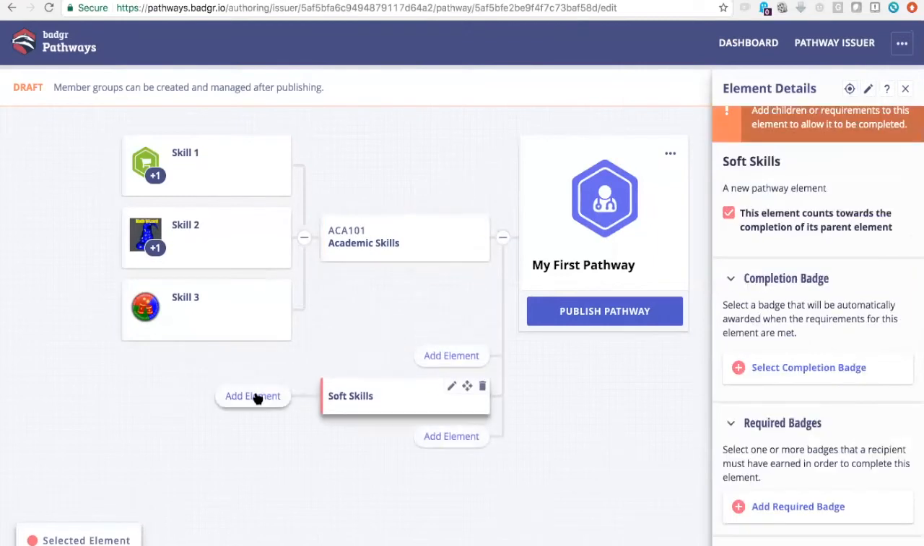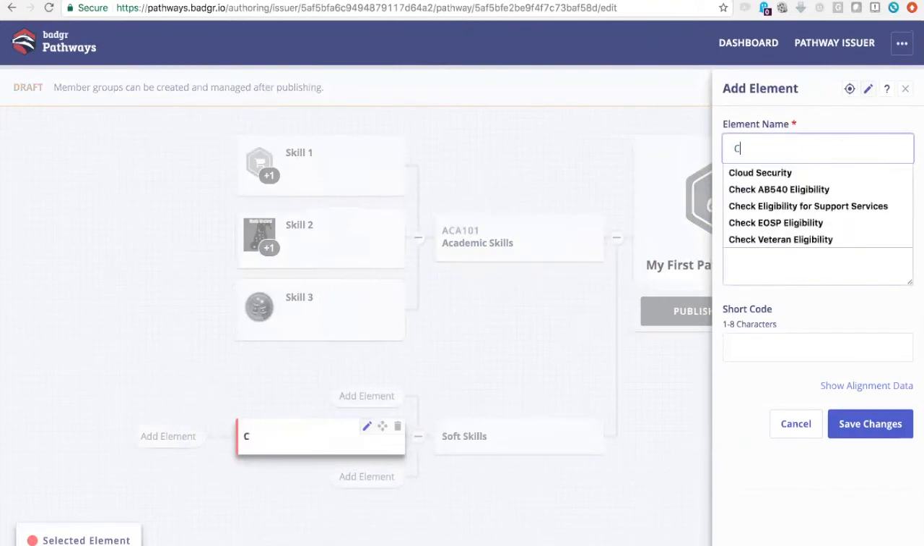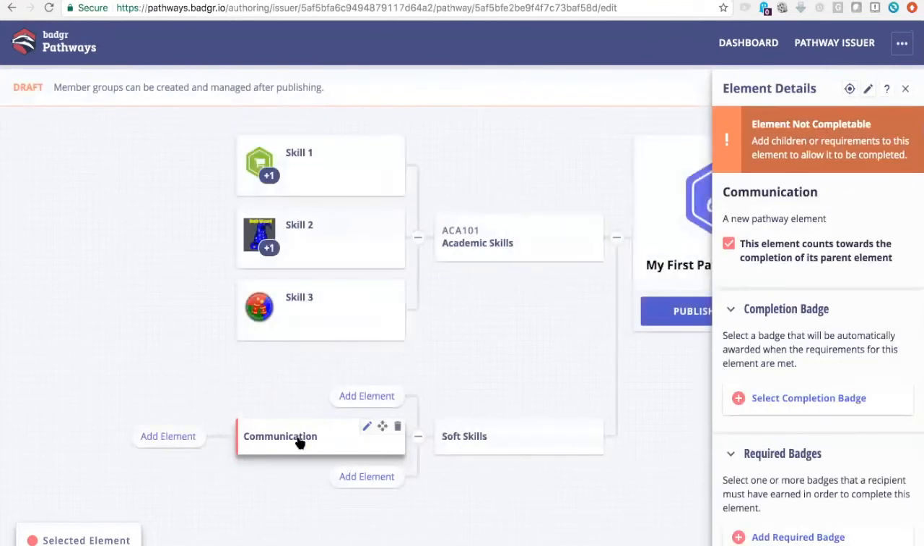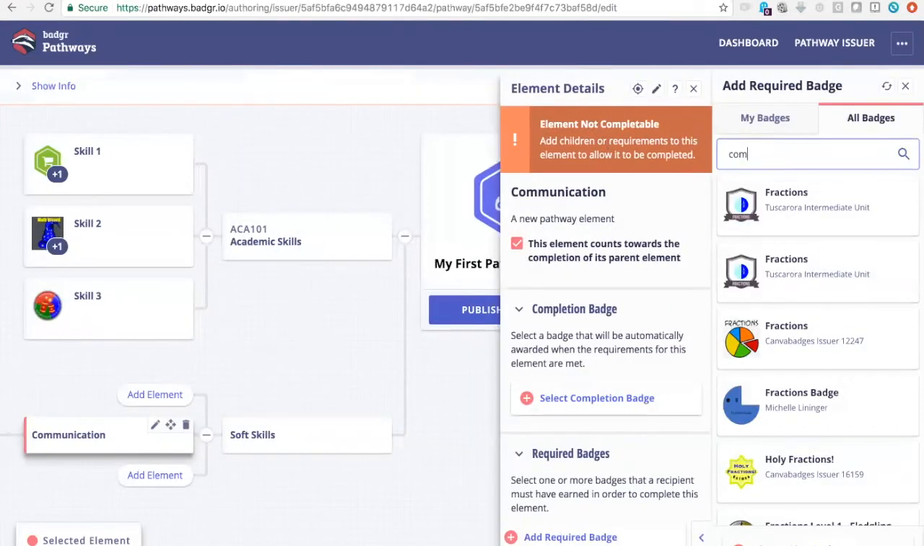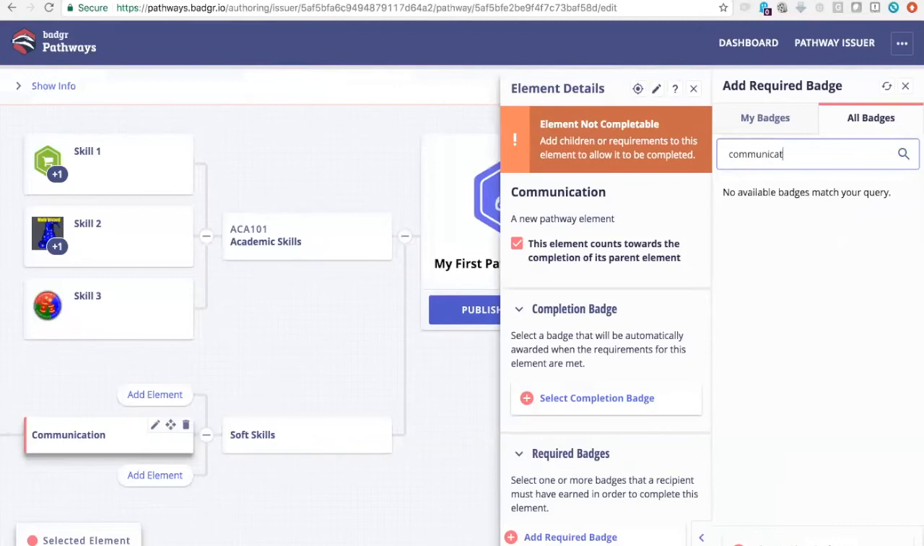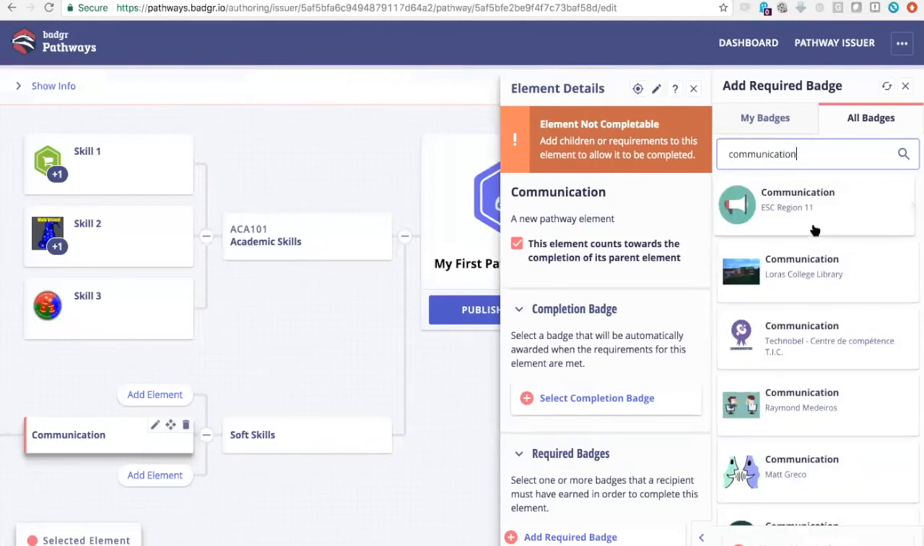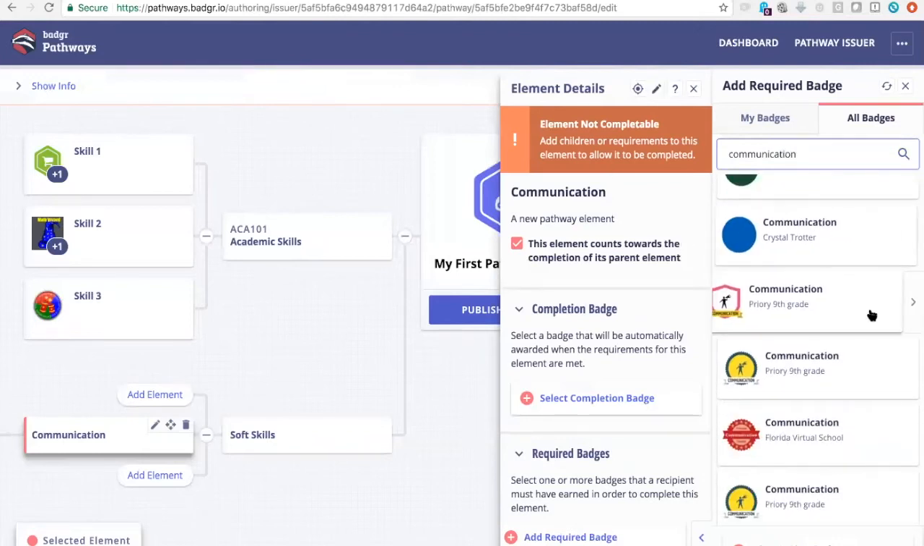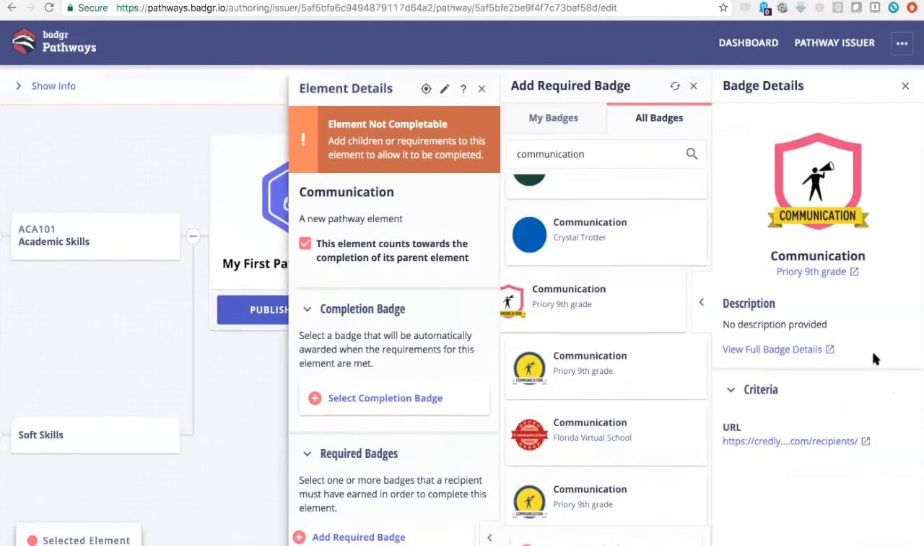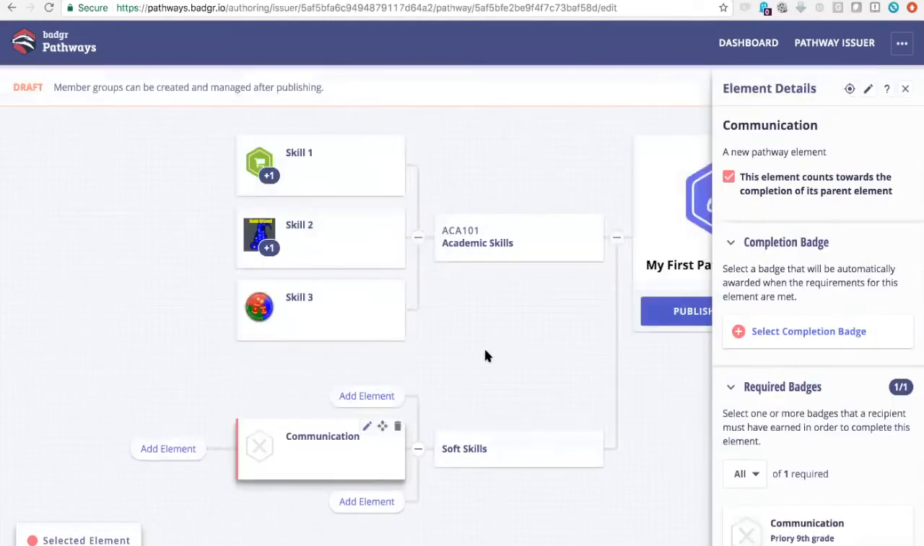Let's see, so let's go add some soft skills. We'll say we have a communication skill. We'll have that here. For communication, maybe we want to go search the world of badges for soft skill badges that relate to communication. Let's see here. So many communication badges in the world. We'll accept this one. Now, if any learner can present this badge to us, they can satisfy this